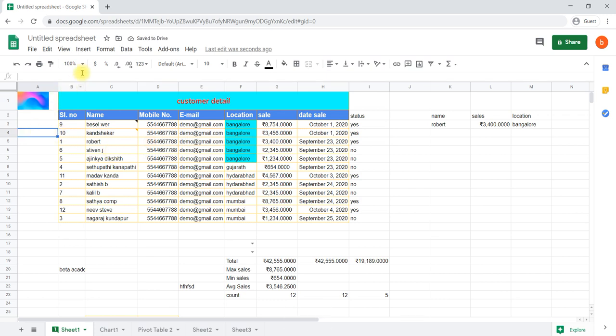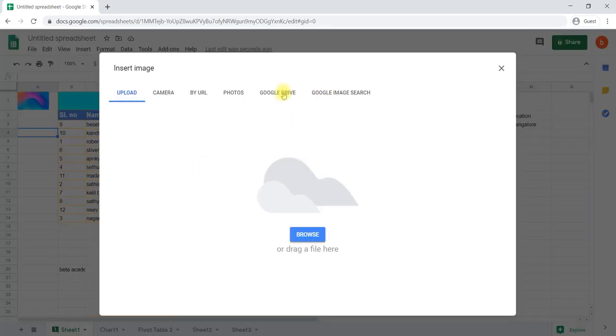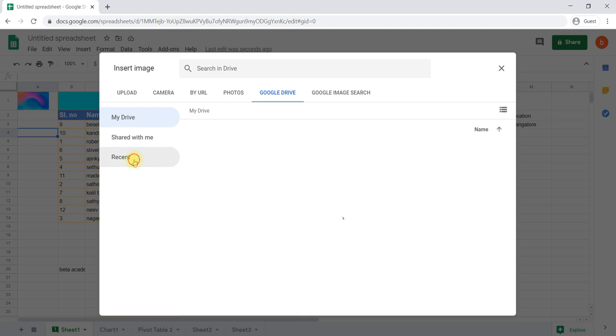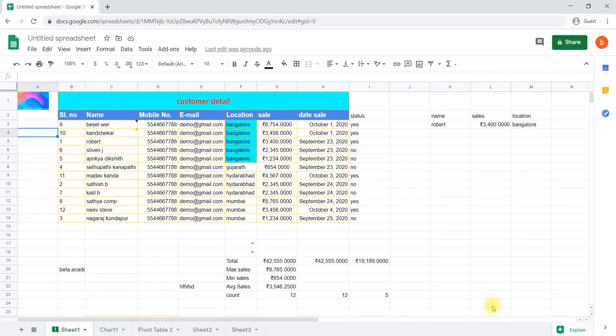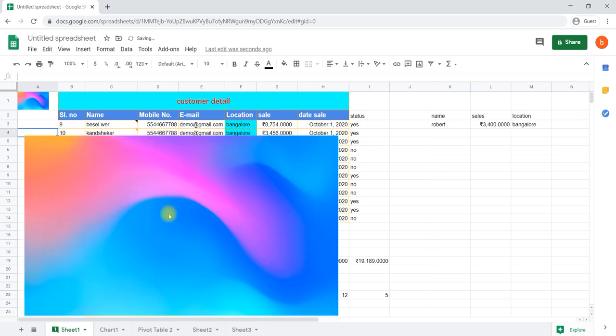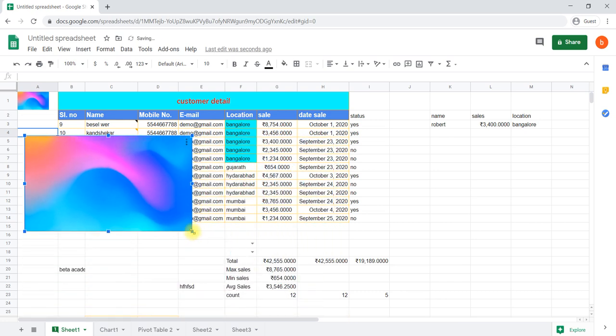For example, if you select insert image over the cell, it will be inserted in the entire document. Insert, the full size image will be inserted now. Then again you can select the image, and you can modify the size by clicking and dragging the corners.